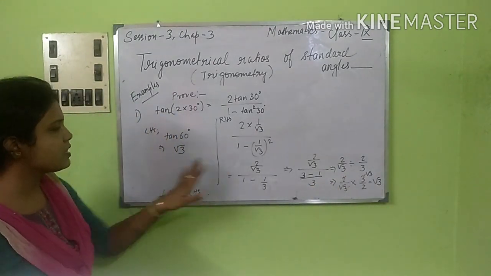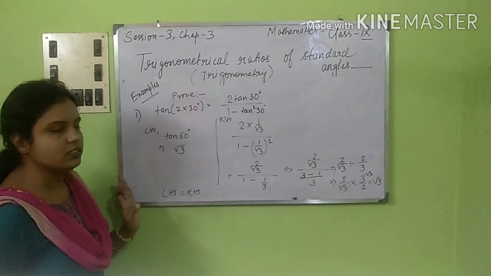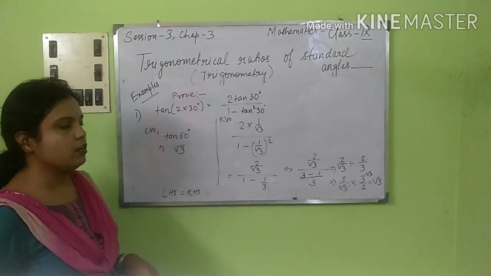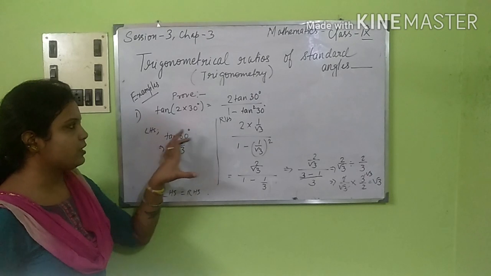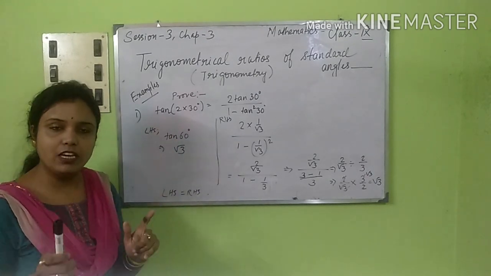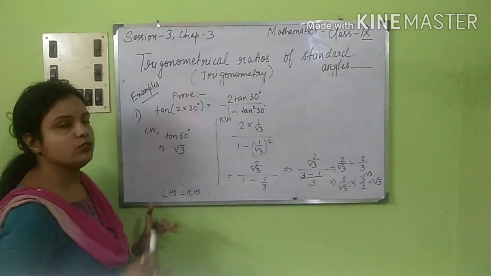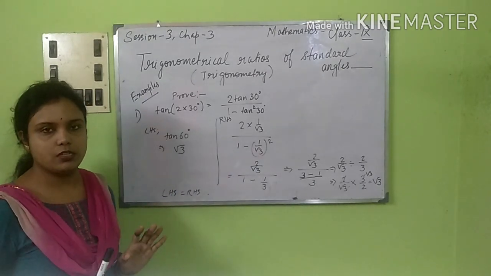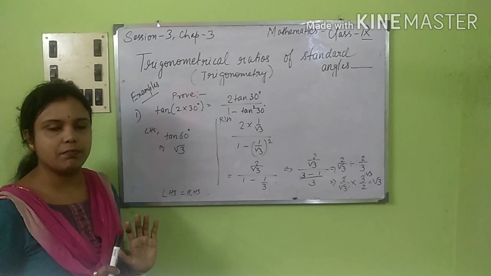So you can see both the sides, LHS equal to RHS, have got the same results. So this particular example is proved. Okay, this is how we are going to do it. So for that, what we need is, we need to learn the values correctly. That is the only point. And putting the values exactly into the same place.